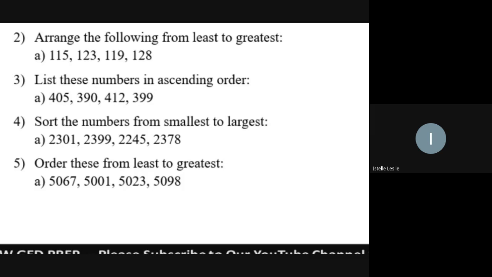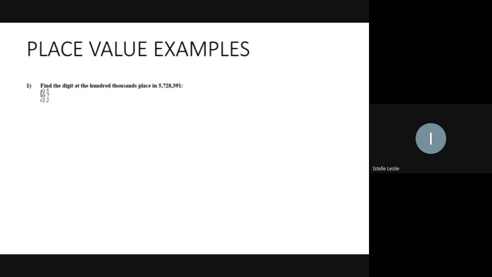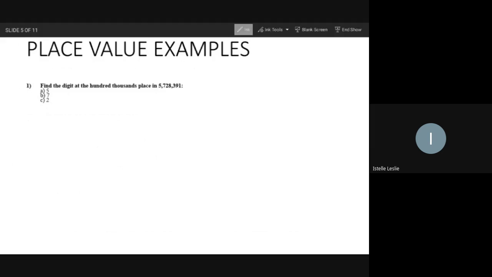Okay. Thank you, everyone. That's correct. So that means we are following. So now we move to the next one, examples on place value. Now this says find the digits at the 100,000 place in this digit. So like we said, you can write them out,